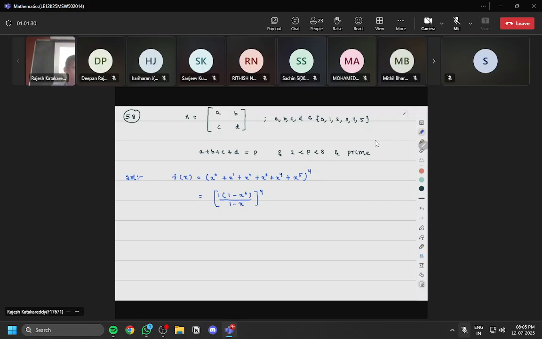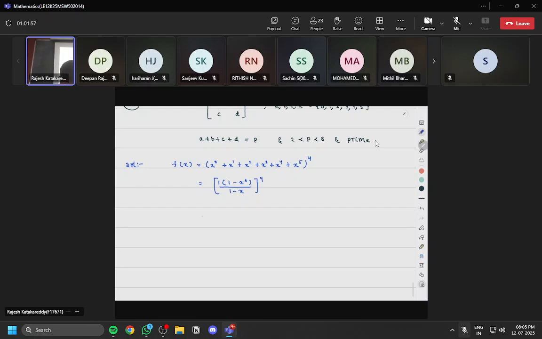No, this is a generating function. Like the possible values of k. Let's say 2 is not there, you can remove x squared. A can be 0, so I wrote x power 0. A can be 1, A can be 2, 3, 4, 5. Like this for A, B, C, D, in multiplication you will get all. Clear? So now next, this becomes (1 minus x power 6) whole power 4 into (1 minus x) whole power